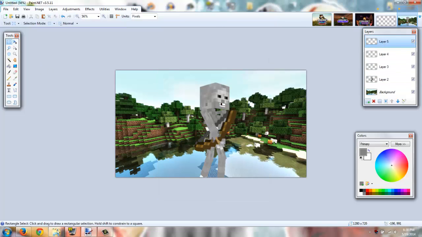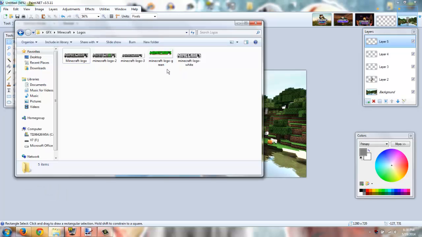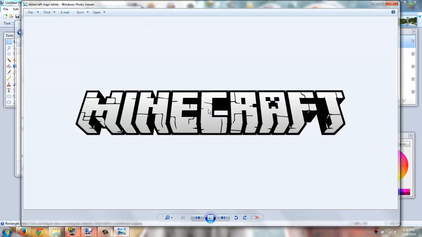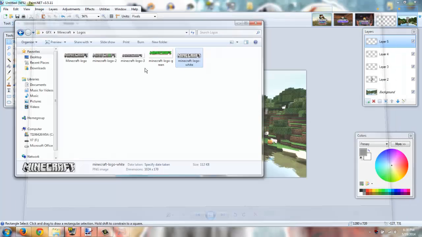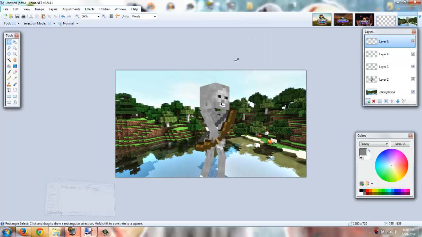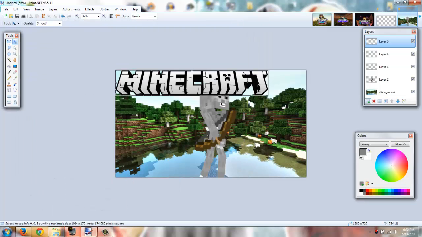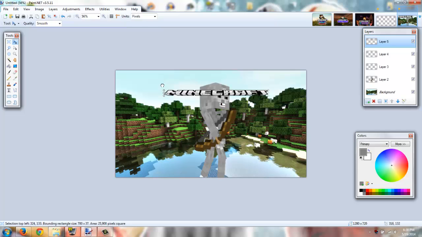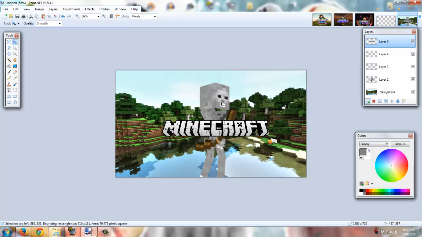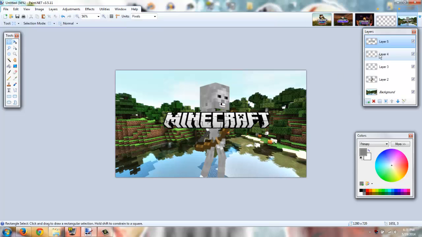And then you go up to your top layer. You get a Minecraft logo. You can get these all over the place. I like to use this white one here. It stands out a little bit better than the gray one, and you just copy and paste that into it. You make it a bit smaller, and you're going to want to center it. About there seems right. So you center that, and then you go to the layer below that